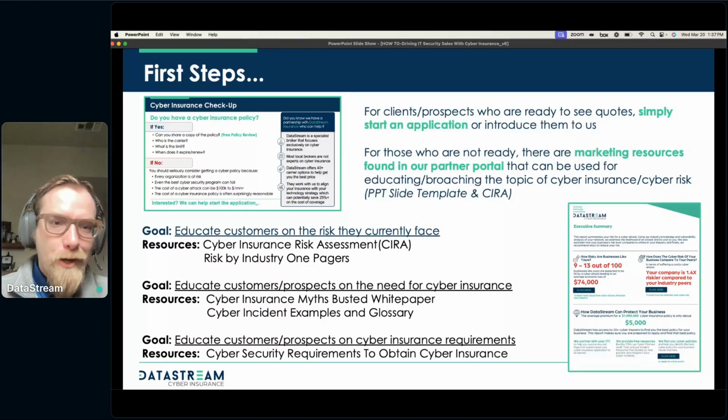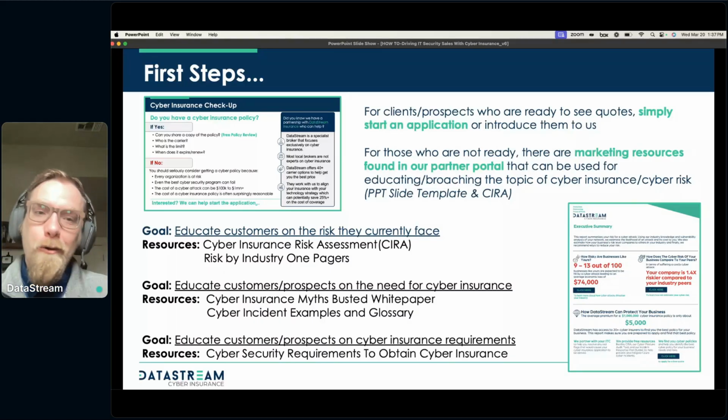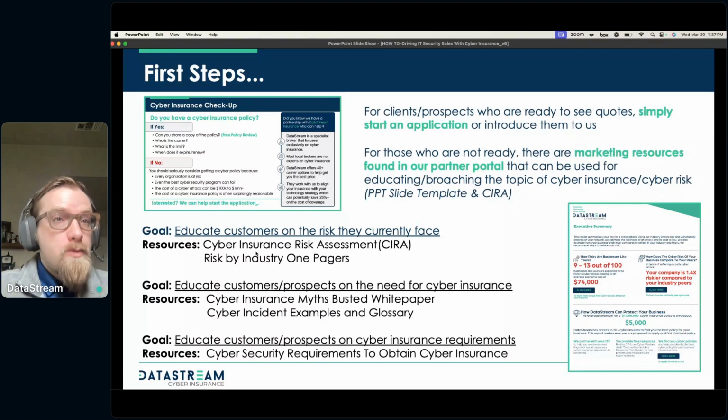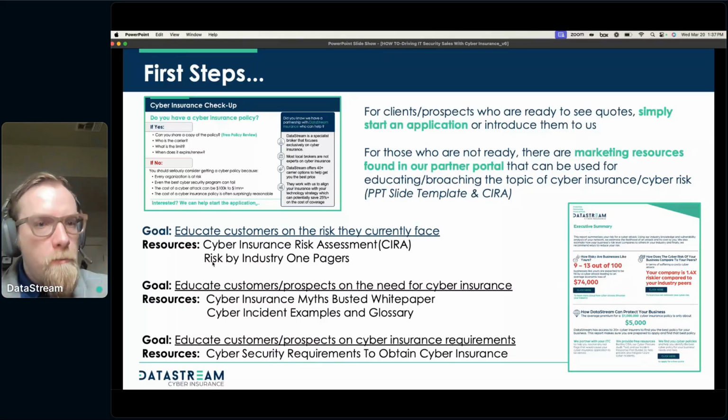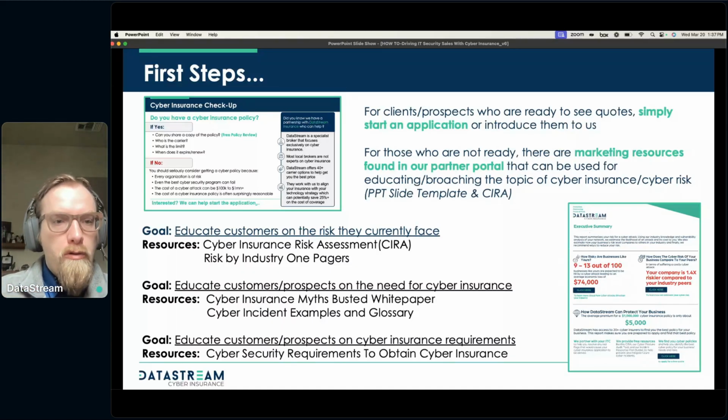Very common for smaller companies that think they're too small or it's not my industry, right? That's where our cyber insurance risk assessment can come into play. You're seeing an example of it here where we can really start showing customers based on their size and their industry what their risk is looking like. We also have various one pagers that are specific to industry in the partner portal as well. So both of those can be very useful for overcoming that, or for that discussion of cyber risk